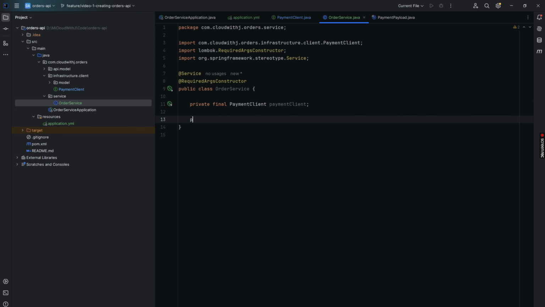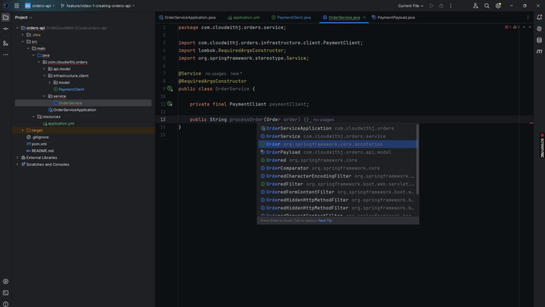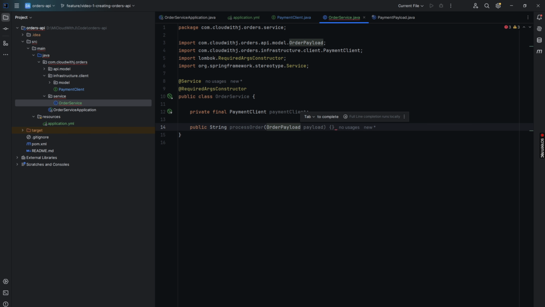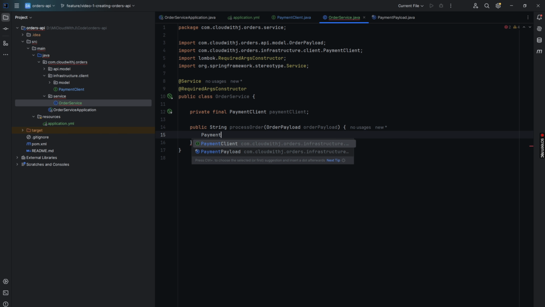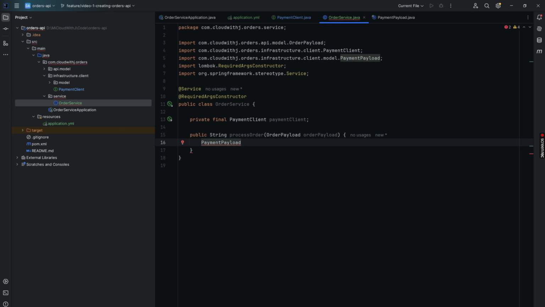I'm injecting the payment client and implementing the process order method. I prepare a payload containing the order ID and amount.